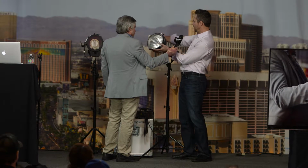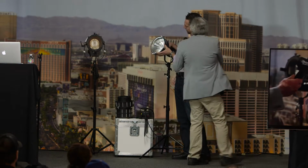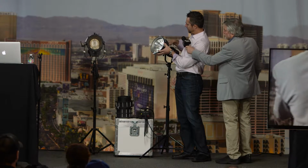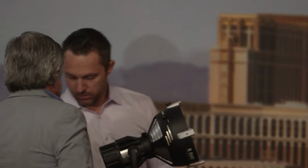So I'm going to fire this up just so you guys can see the 3200 Kelvin lamp itself. CRIs ranging anywhere from about 92 to 90. So hopefully, as they continue to experiment with the doping of the mixture and the internal arc tube, they'll figure it out and get it a little bit better. So we'll fire that up, and while that is warming,